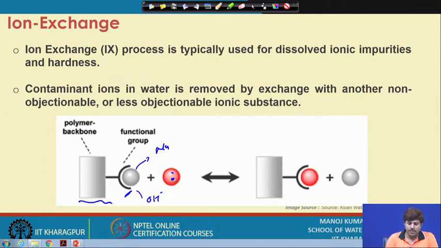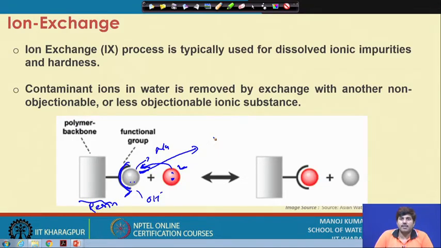Now, what will happen when the water gets in contact with this resin, which we typically call ion exchange resin? As soon as the water gets in contact with the resin, this functional group has a higher affinity for this ion rather than this ion. So, it will attach with this ion, and in the process it will release this ion back into the water, but this ion is a non-contaminating ion. So, we do not have too much of a problem with this ion being released in the water